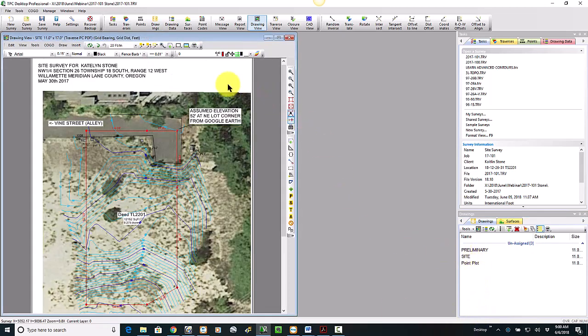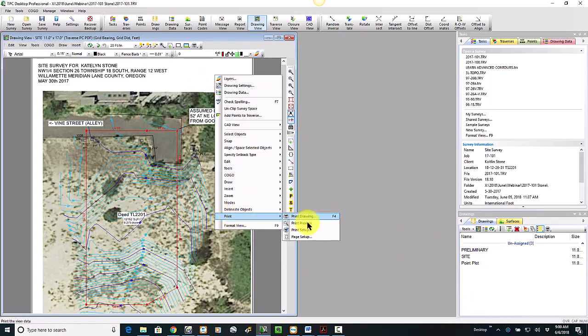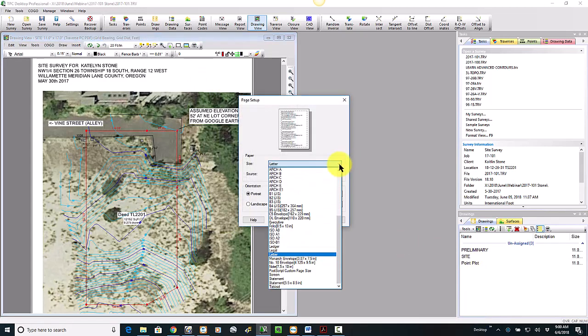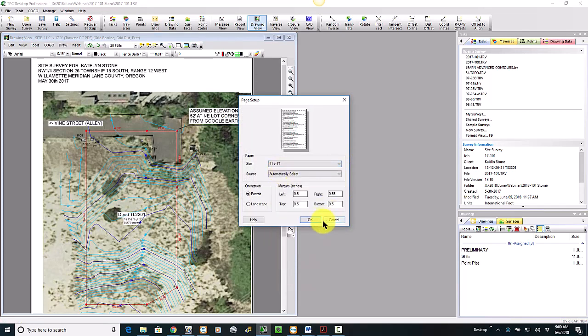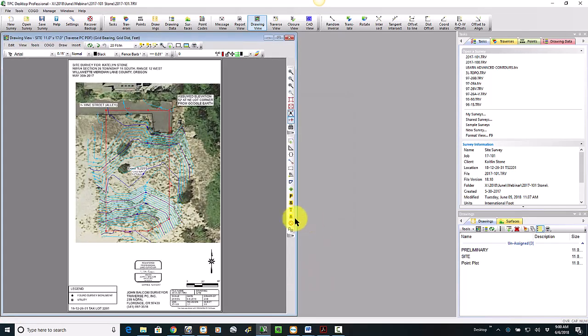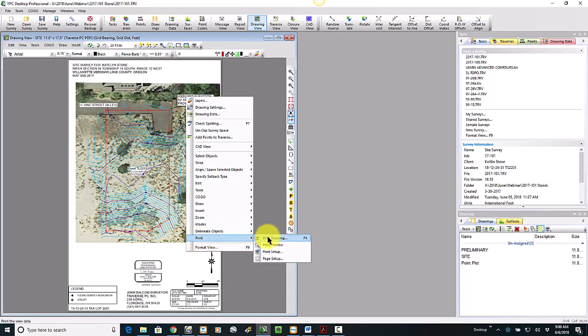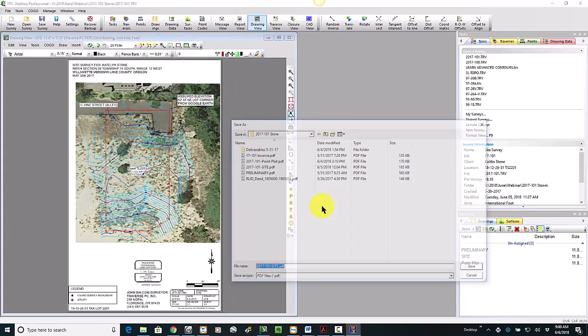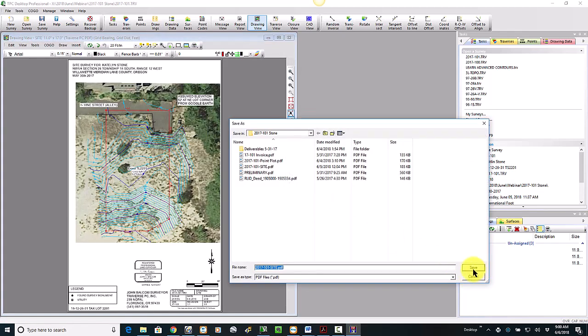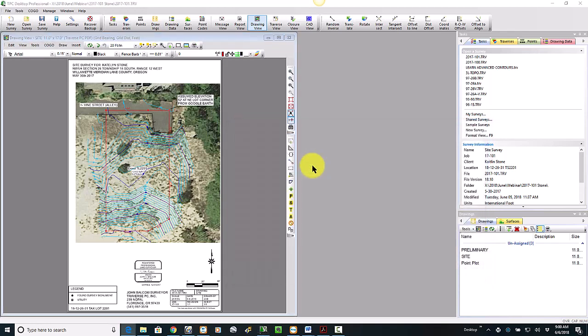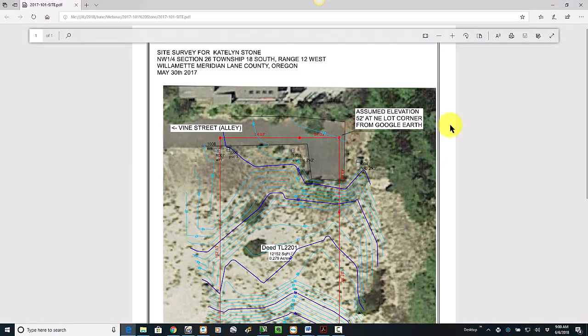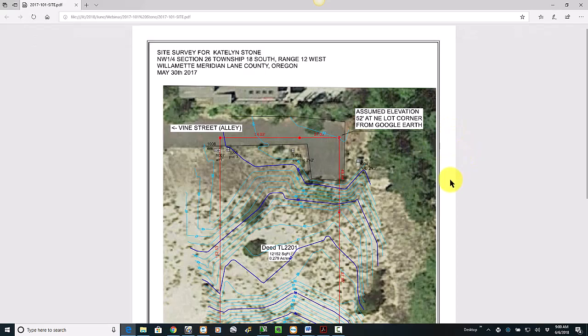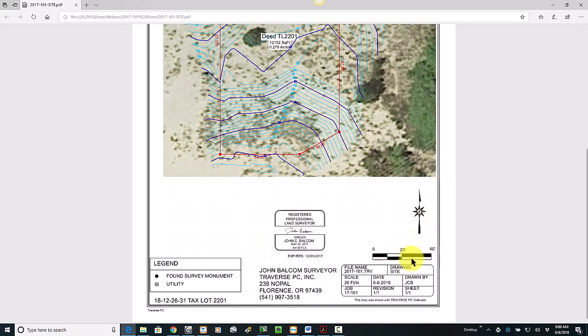And then let's just talk about the deliverables real quick. Go back to the site survey. I said, okay, let's send out a PDF to the family and to the architect. And now they've got something that they can go give to the city, to the planning department, to start talking about this project. As quickly as I can say print, I'm going to use the Traverse PC PDF driver that comes with the program. Traverse PC prints out a PDF of the project, and now I can turn this into Caitlin and the architect, and they print this out on 8.5 by 11. It won't be to scale, but it's got the scale on there